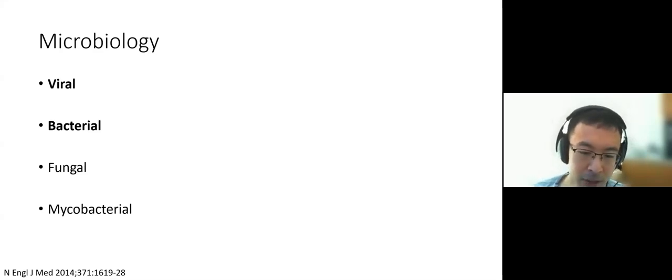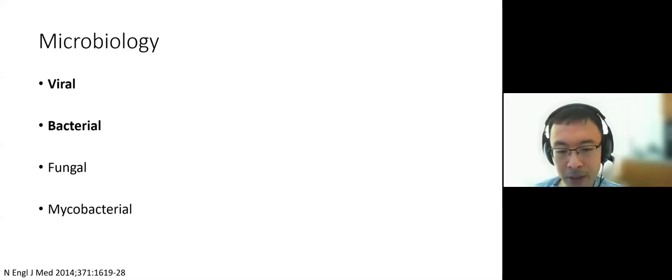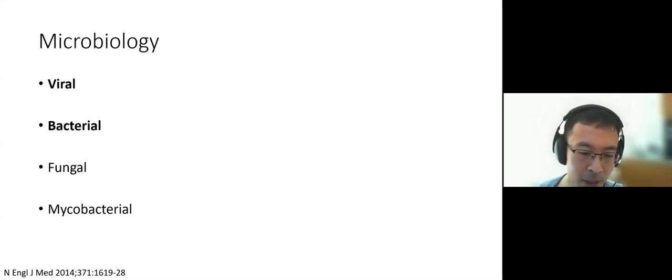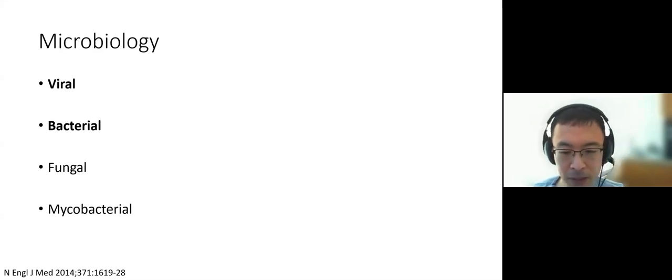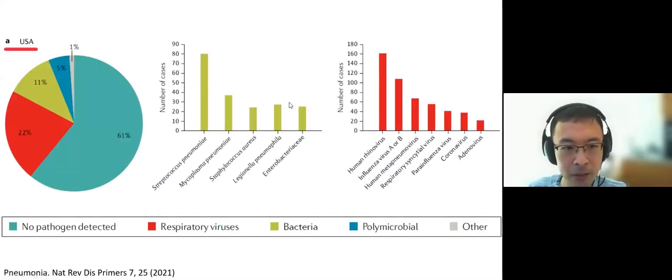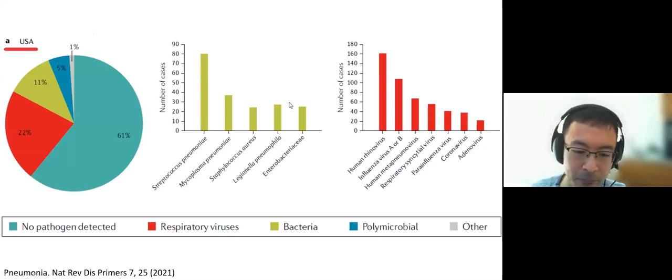So let's say you get a positive respiratory tract sample. It's actually tricky to interpret because the microorganism can be present because of colonization as part of normal flora, or because there's actually an infection. So we now know that the lungs are not actually sterile and a lung microbiome does exist. So remember, a positive microbiology does not diagnose the infection. It's the clinician interpreting the results. So be careful not to overdiagnose patients simply because of a positive culture result.